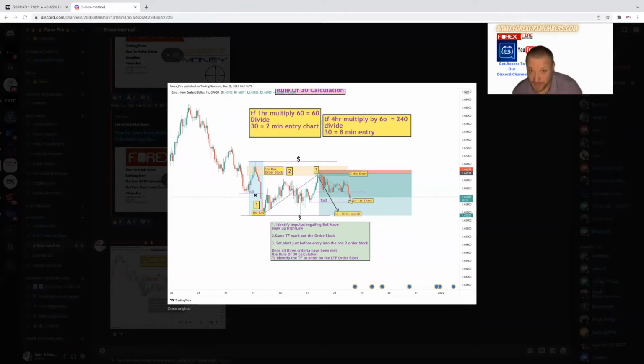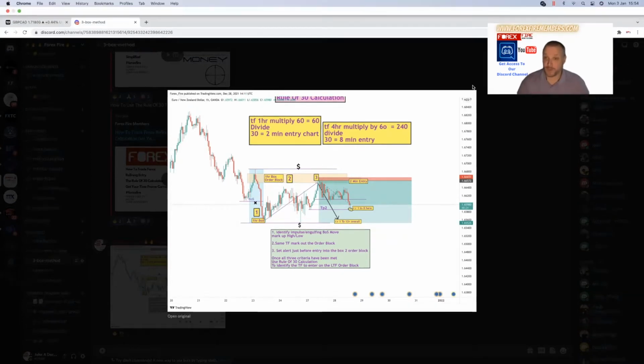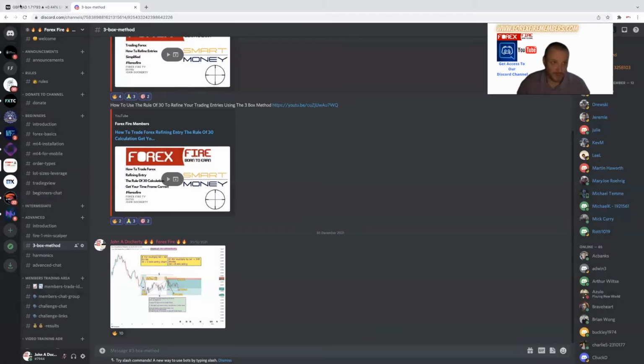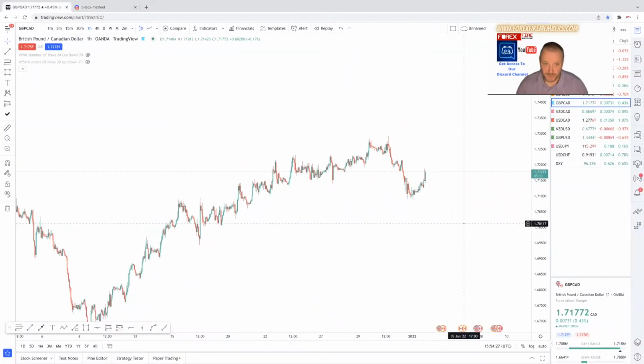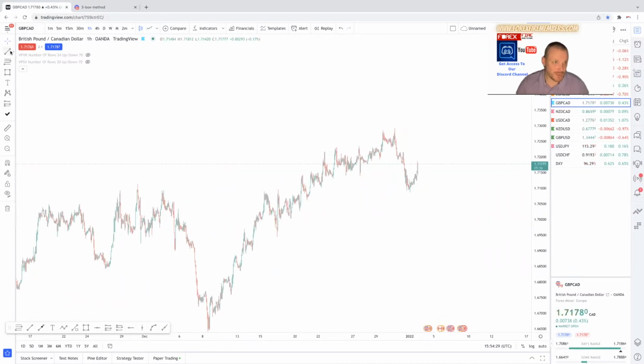On your 4 hour, your 4 hours times by your 60 is 240. That's how many candles it will be, and that divided by your 30 will give you an 8-minute entry. So that's just to give you an overview on how the 30 rule applies. So when we're looking for the entry, we're going to be looking at this, and we're going to go more in depth on it on the 2-minute chart soon. However, what I want you to pay attention to at the moment,